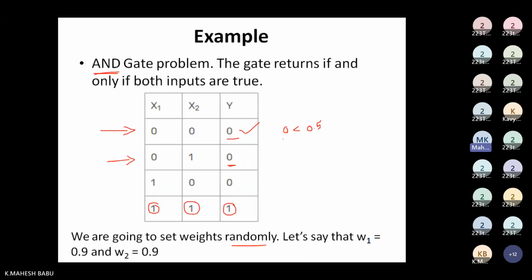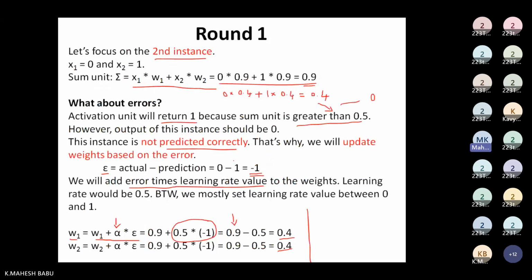Before this, with the earlier weights, we got 1. Now with the updated weights, the system is going to return 0, since 0.4 is less than 0.5. So the newly generated sum value is 0.4, which is less than 0.5. That's why the system is returning 0 as output. Means the corrected weight will give us accurate output in